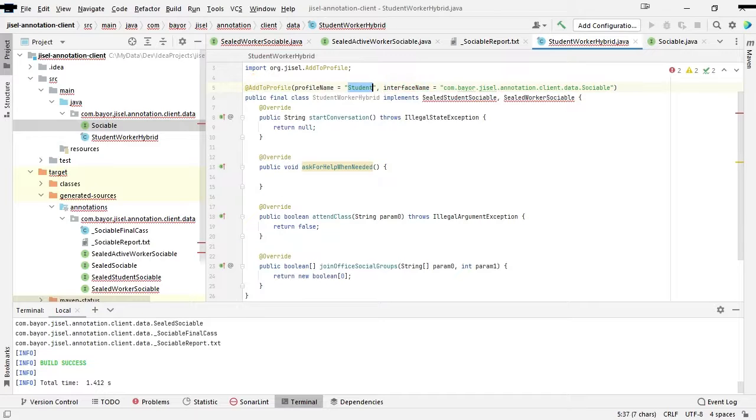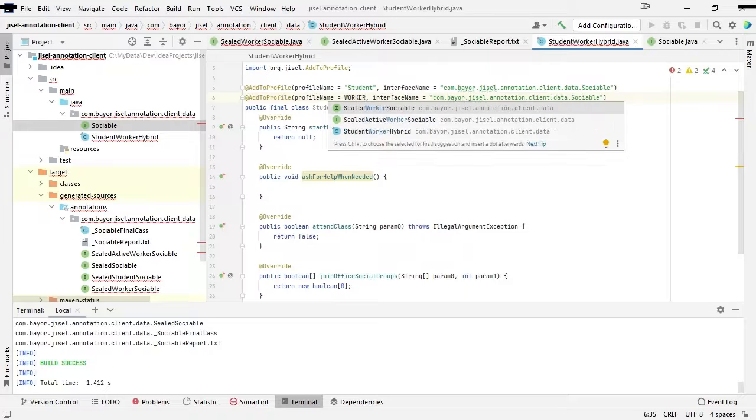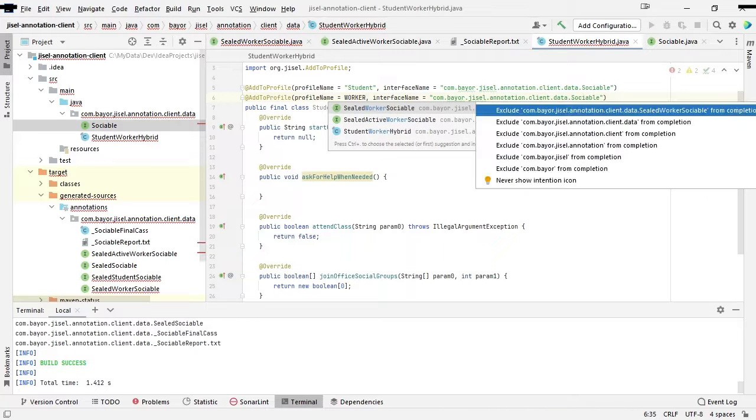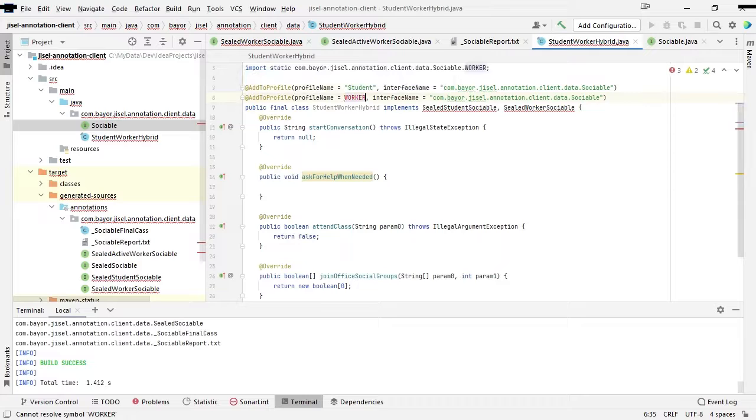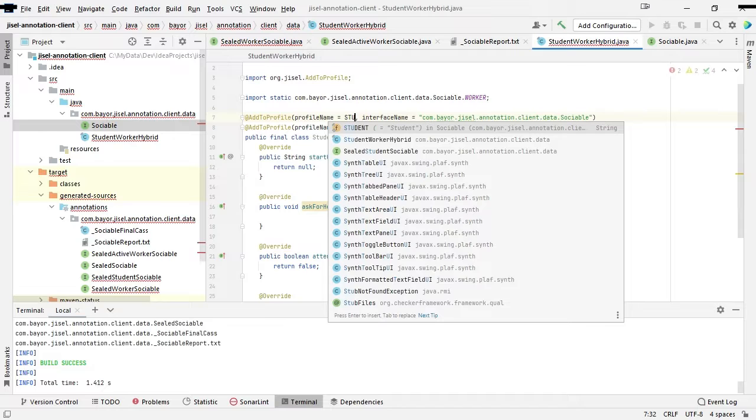So apart from student, we also have to do the same for worker. We'll just copy paste and change this to worker. I can actually just use the same constant we defined from the sociable interface, so that will keep the code a bit cleaner.